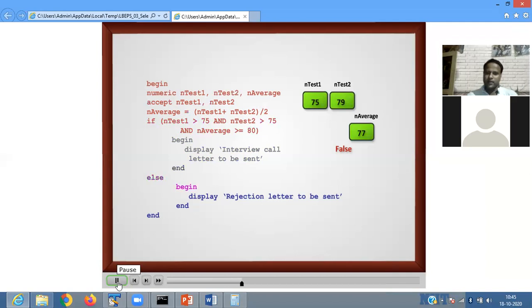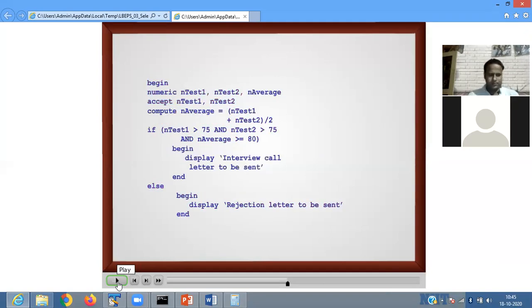Then now again I will take another sample value or dry run value. So we have taken the three values test1, test2. Now check here. Test1 is greater than 75? Yes.